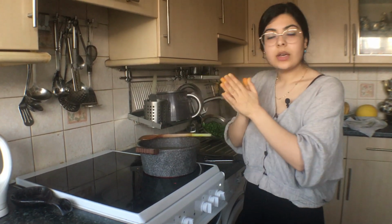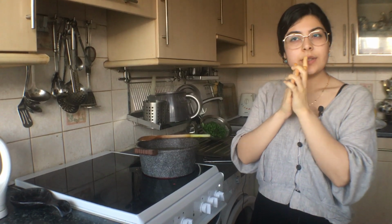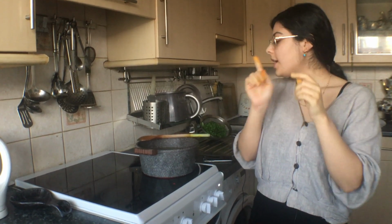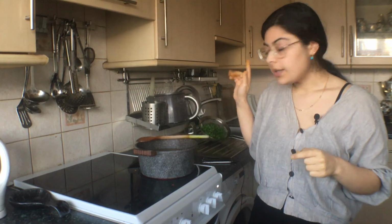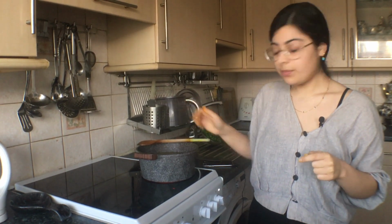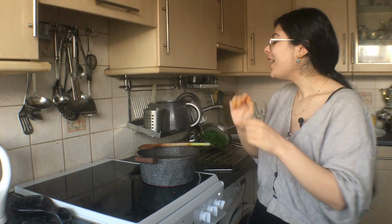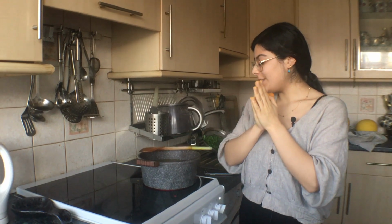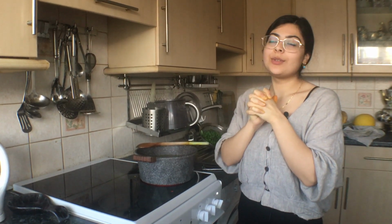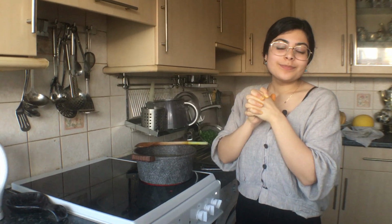And I'm just gonna let that come to a boil, and once it does, I'll add some seasoning. Should I add seasoning at this point? Yeah, I'll add some salt and pepper, and then I'll reduce that to simmer, number 2. I just realised it's not even on high heat, that's why it's not coming to a boil. So I'll leave that to simmer for at least half an hour,